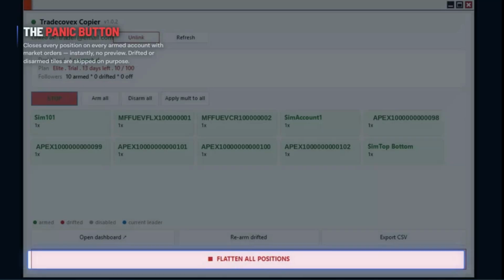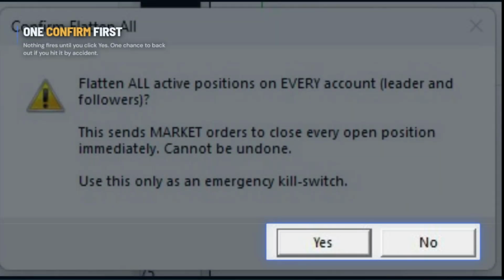One important behavior to know. Flatten All Positions only acts on armed accounts. If a tile is drifted or disarmed, it is skipped. This is intentional. When the copier does not trust its own view of an account, it does not touch it. Those accounts are your responsibility to close manually in the NinjaTrader Control Center. A confirmation dialog appears before anything happens. You have to confirm. If you click this button by accident, there is one chance to back out before any